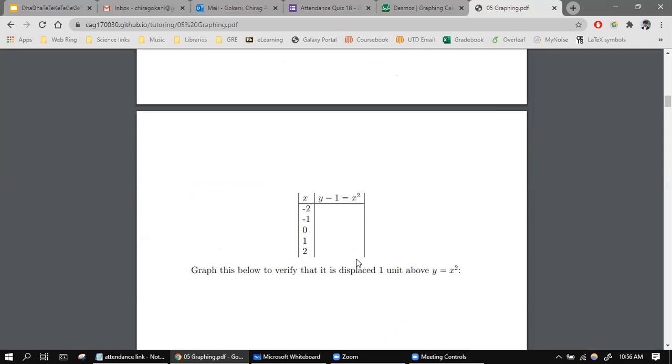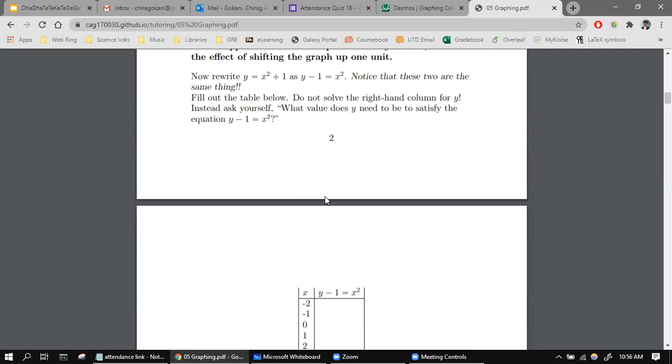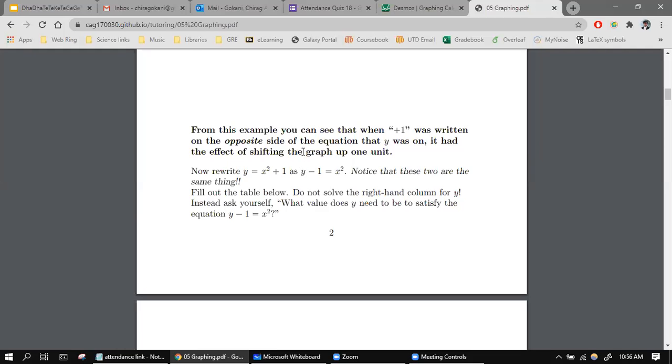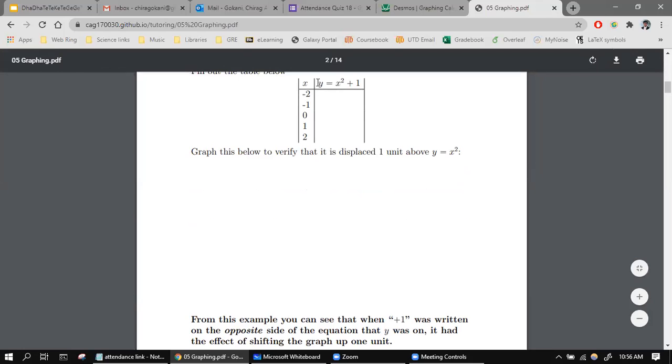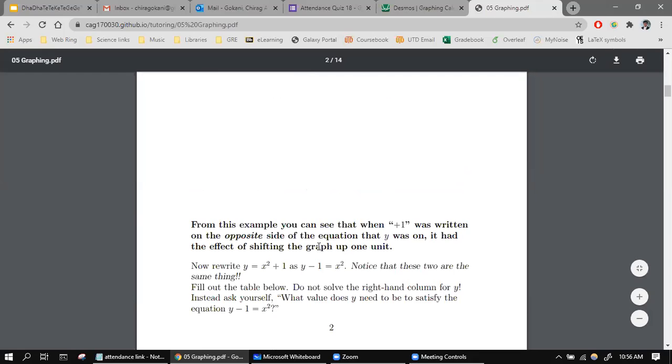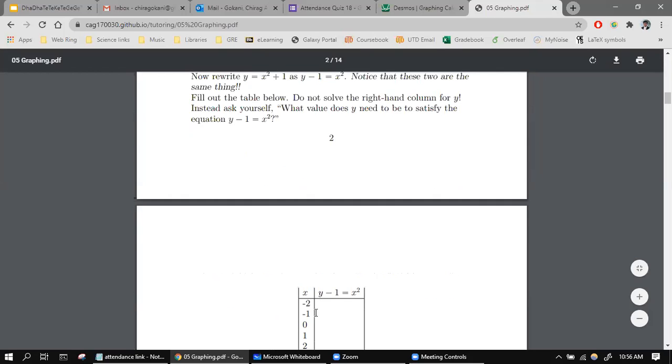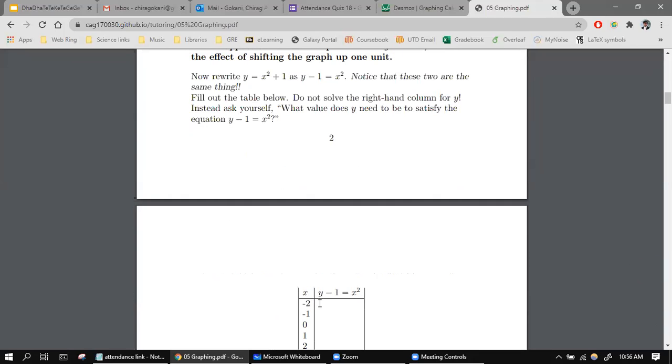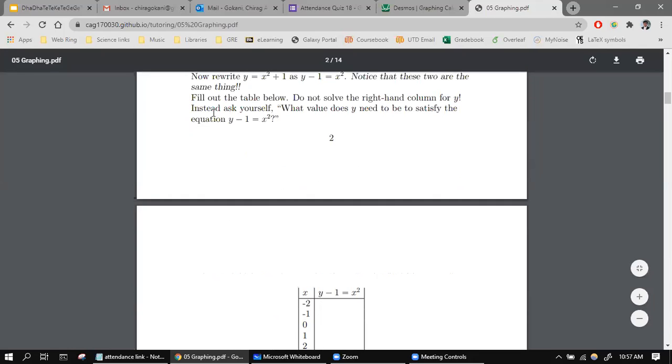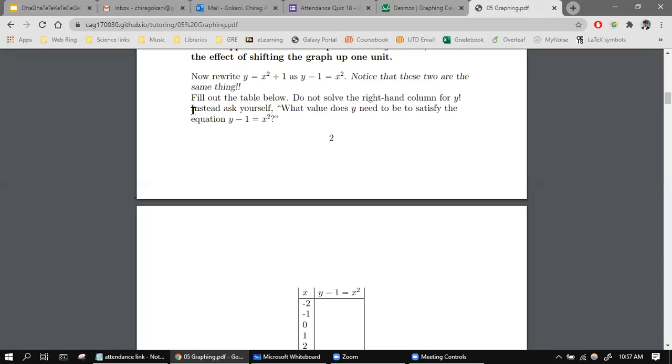Yes. Okay, great. So in this table, what was I asking you all to do? Here I wanted you to write what y equals. I don't want you to solve the right-hand side here for y. So the values of this table will be x squared, right? So this will be like 4, 1, 0, 1, 4. And then, well, one sec. I could be telling this to you wrong. I wrote this in a very deliberate way, and I want to make sure. I said instead, ask yourself what value does y need to be to satisfy the equation,